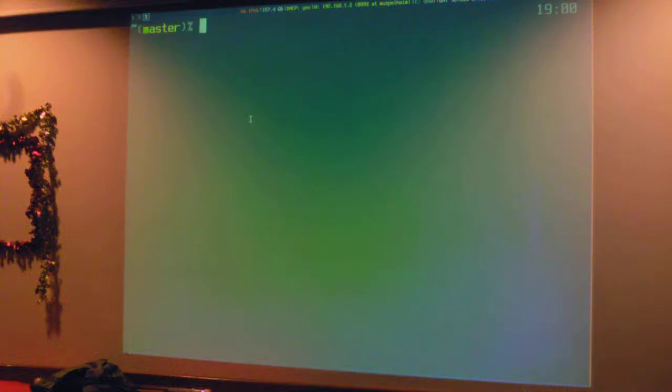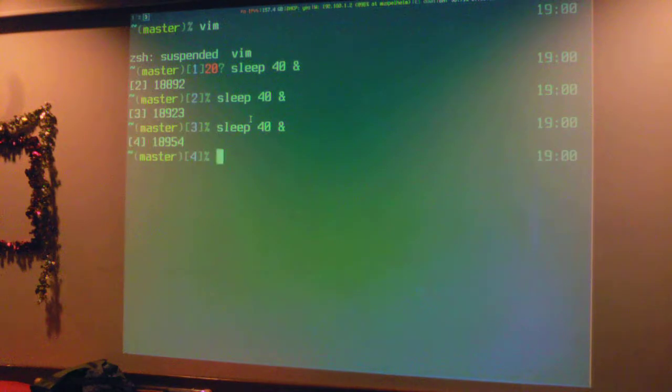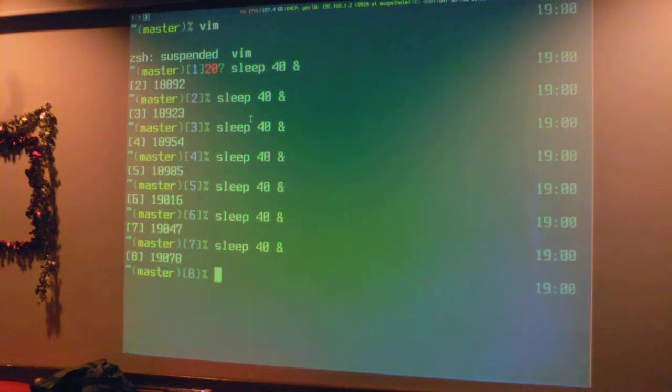I forget how many things I have. Like if I suspend the process, I have a thing on my prompt. Well, I have two things. It's showing the exit code with a question mark, because that's the shell variable that has exit codes in it. So it's a mnemonic. And then it shows me how many background jobs I have, which is kind of cool. Oh, sleep 40. Okay, don't wake me up for 40 minutes.